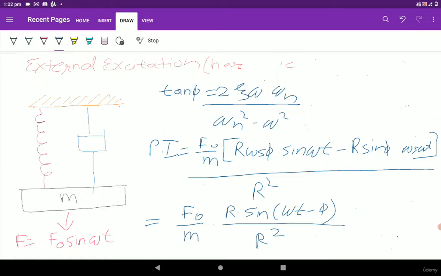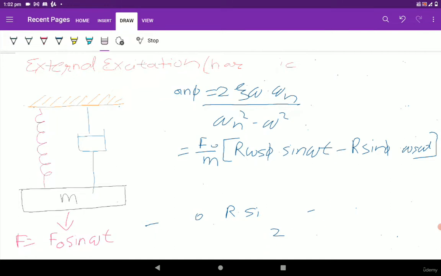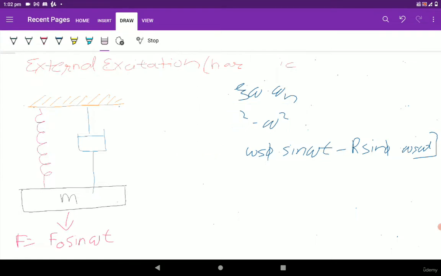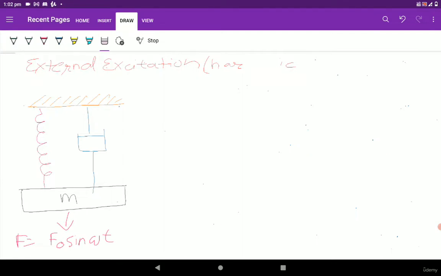So let's calculate further. The particular integral is equal to f naught by m dot sin of omega t minus phi